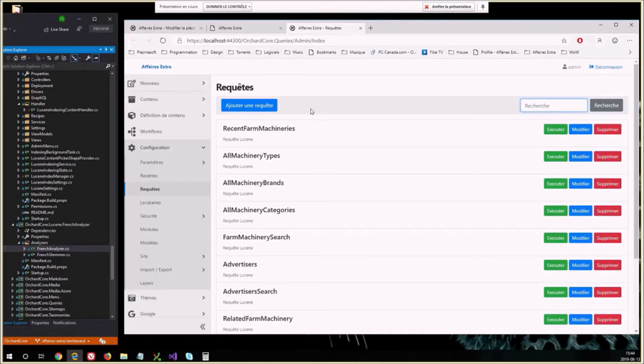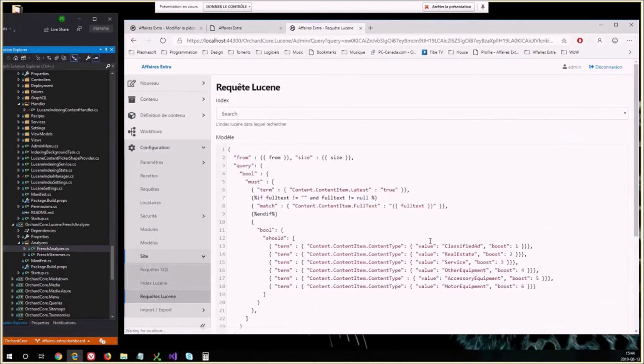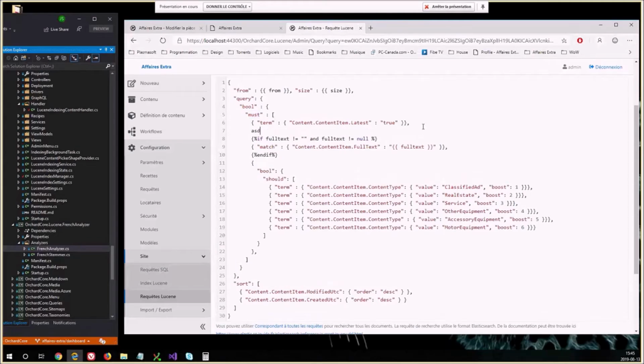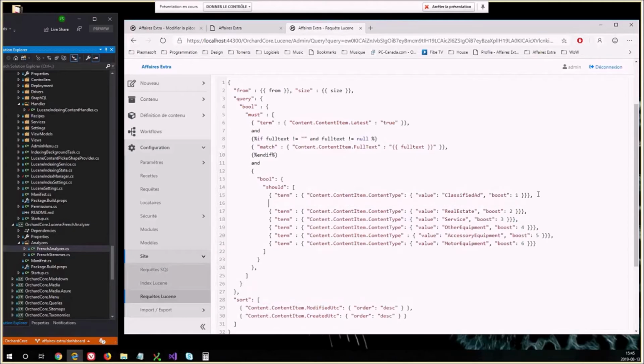Here, if I'm testing quick, I created something that uses this full text index. Oh, very interesting. Yeah, and I'm using nested bool queries here because if you add a must here, it's going to do an and between each of them, and here between each of them it's going to do an or.